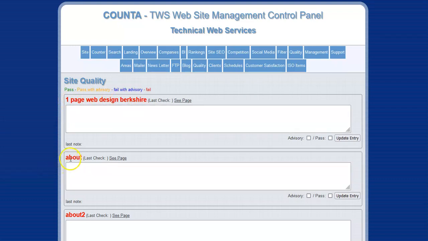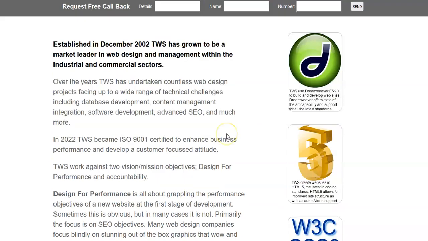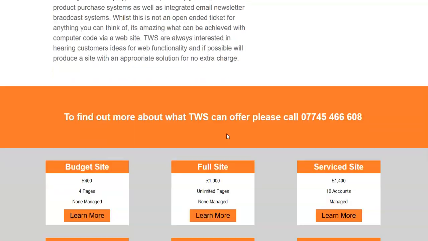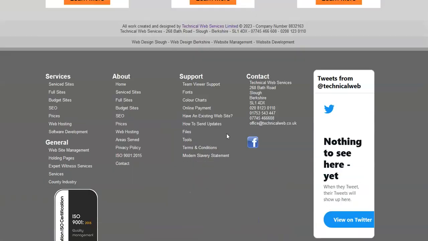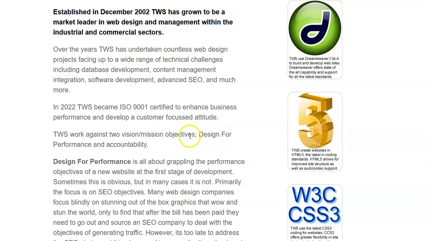I have a page called About, so I can click on this one and it will take me to the About page, and I can review it and say, well, am I happy with that? I can pick up on things like, I have actually made a tweet, but it doesn't seem to be showing up there. That would be a more general thing, but after looking at that, for example, on here,